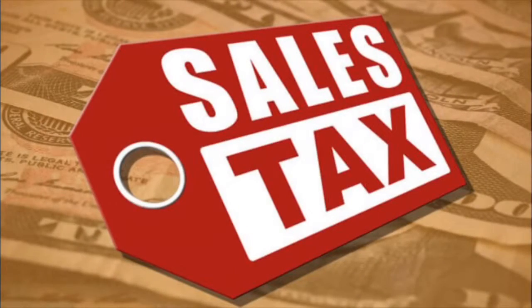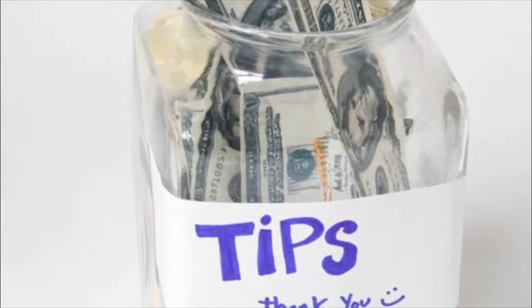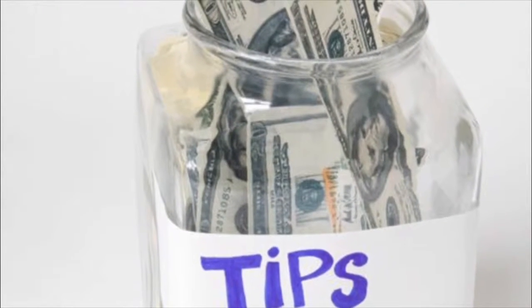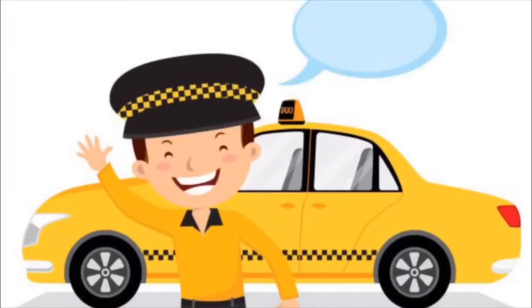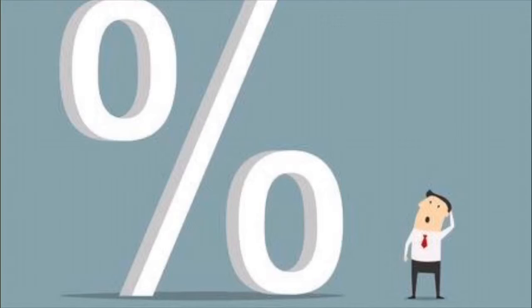Tax is a small amount of money added to the price of goods that goes to the government. Tip is a small amount of money added to the service that goes to the person who gives you that service, such as waiters, hairstylists, or taxi drivers. They work with percentages, so the price of tax or tip completely depends on the price of the good or